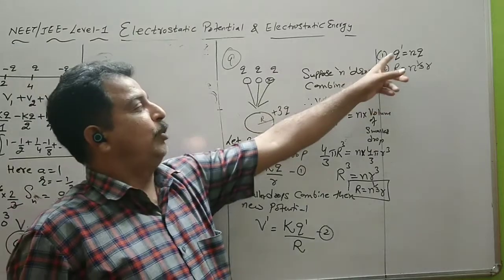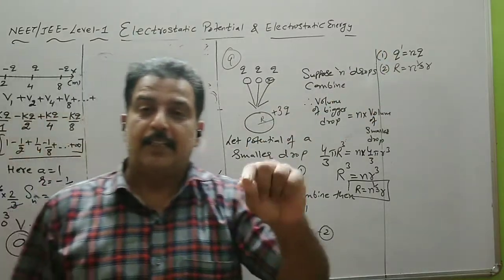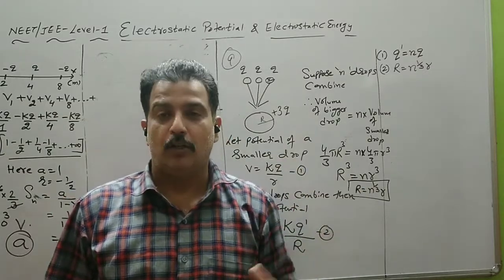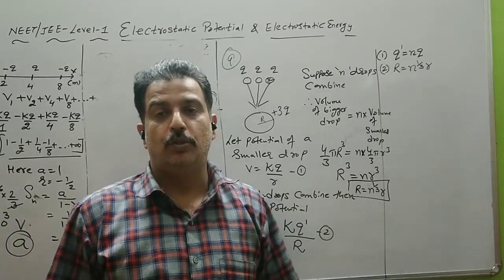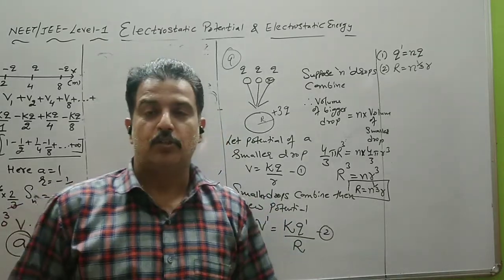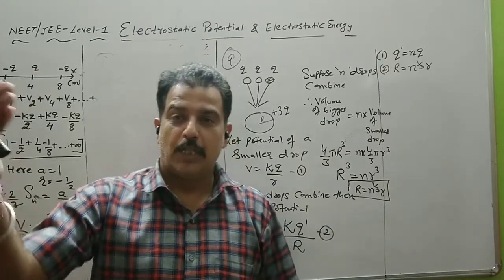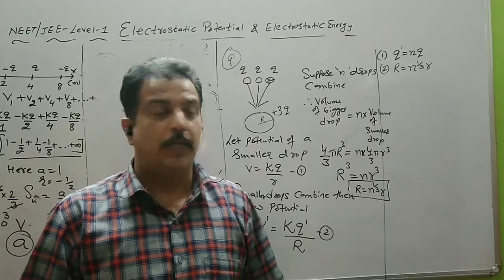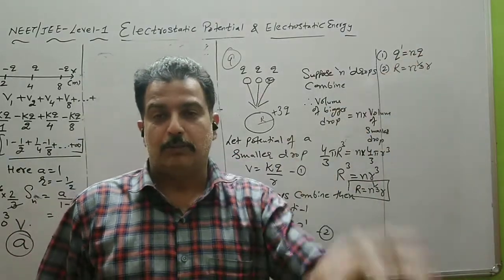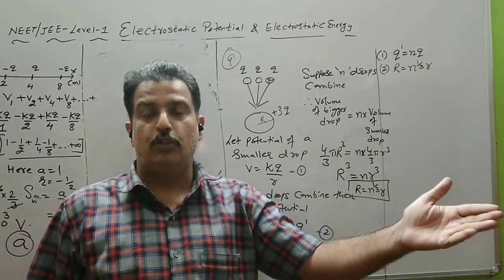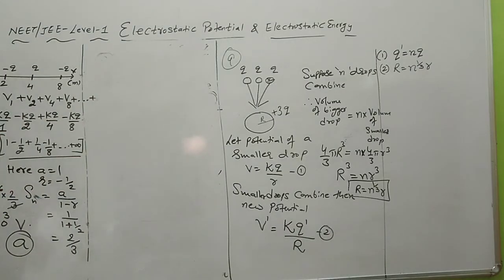I am doing the relation for Q dash, R and V. Also E has a relation with V and R, or V potential gradient. So you use this formula, that formula also. Sigma has a relation with charge also, so you can do it like that also. Sigma is equal to charge upon area, 4 pi R square. Area, R relation we know, Q relation we know. You substitute the initial value of sigma, final value of sigma, and you can find out the relations.